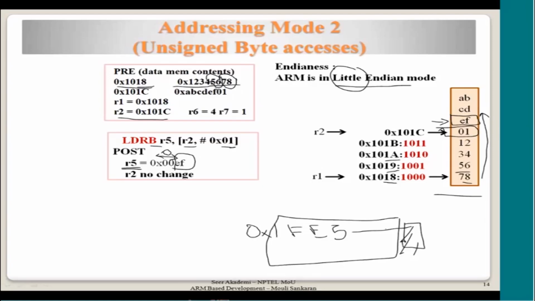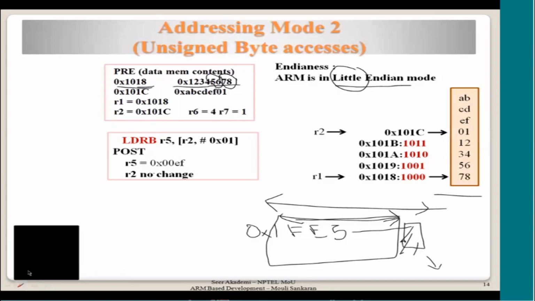Later on this R5 will be accessed as a whole 32-bit value. So you are likely to get into problems if you don't make sure what happens to the upper bytes. If you intentionally want to copy only one byte, you may have to juggle with two registers and OR it with the other values. But otherwise, this instruction takes care